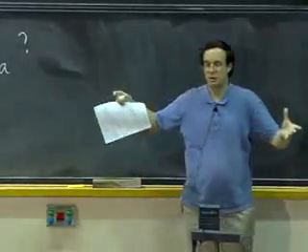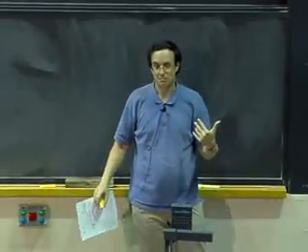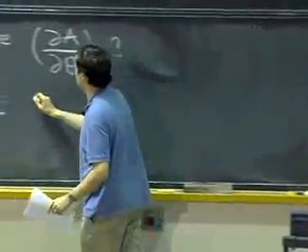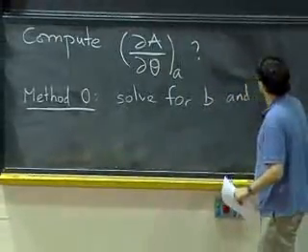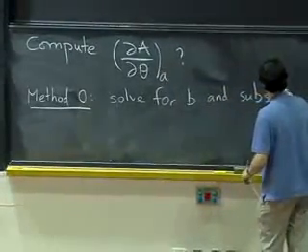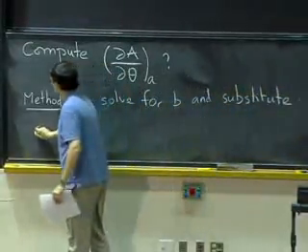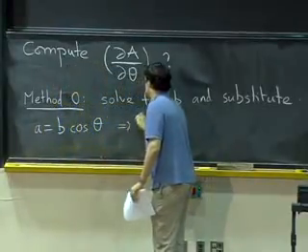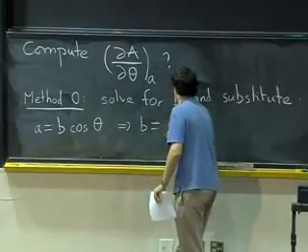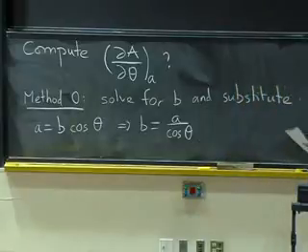I mean, in the beginning I had this relation that was an equation of degree 3, you don't really want to solve your equation for the dependent variable usually. Here we can. So solve for B and substitute. So how do we do that? Well, the constraint is A equals B cosine theta. That means B is A over cosine theta. Some of you know that as A secant theta. That's the same.